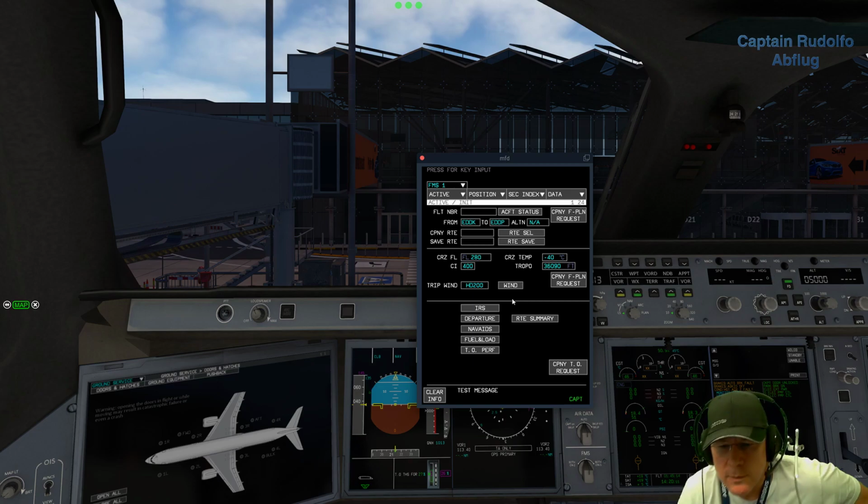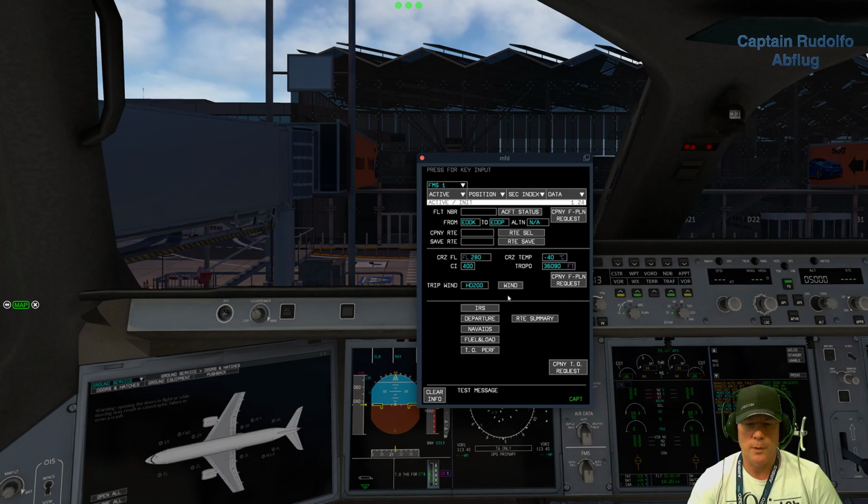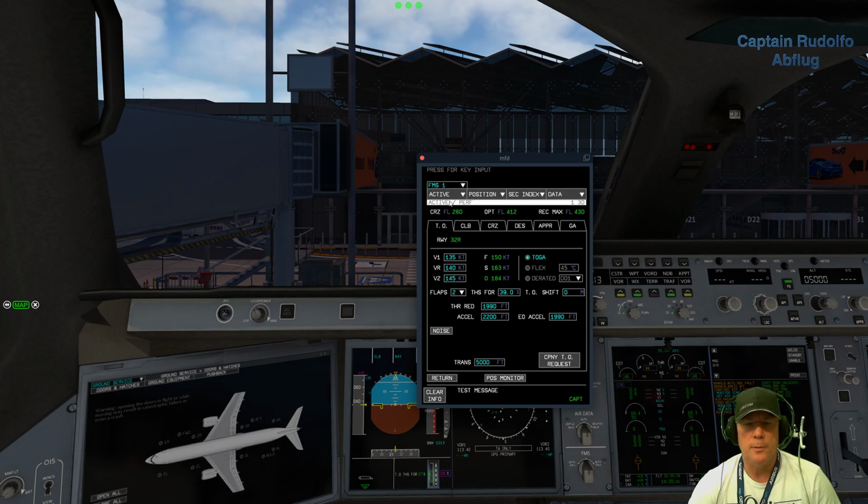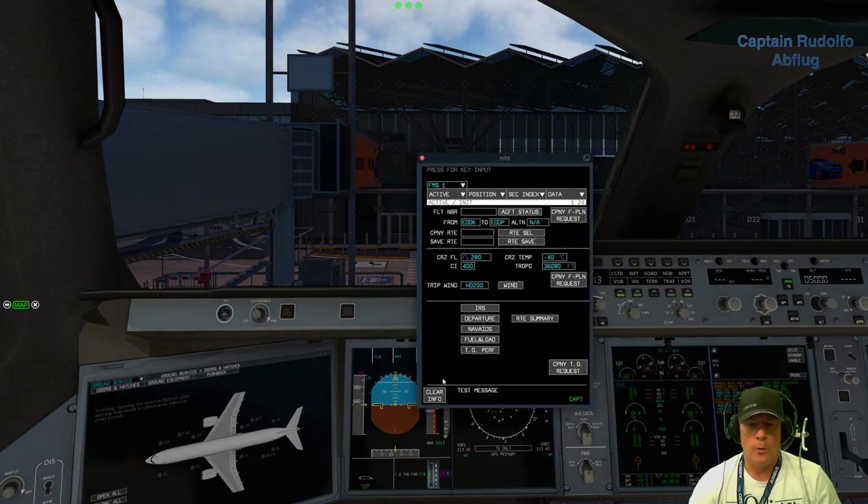So what we need to do now, so we go out, everything is okay for going out. So let's have a look, is there something in? Yes, the performance data are okay now at this time, everything is in. So, but I start with flap 1, it's enough for me. And I do a flex start 45 degrees, it's okay. I go return. That's a TOGA, you give full power, but I start with flex. So we go return